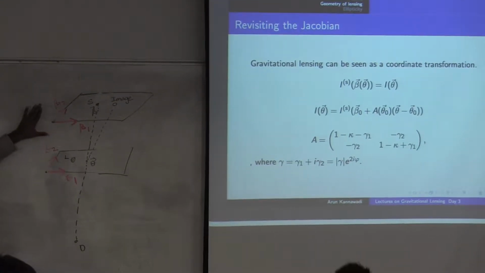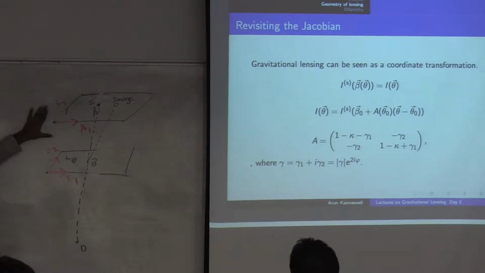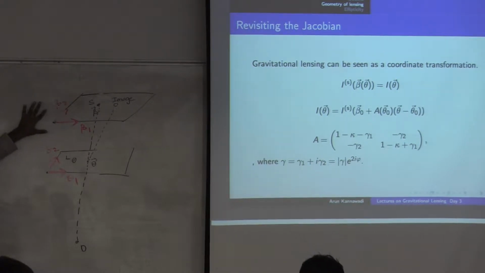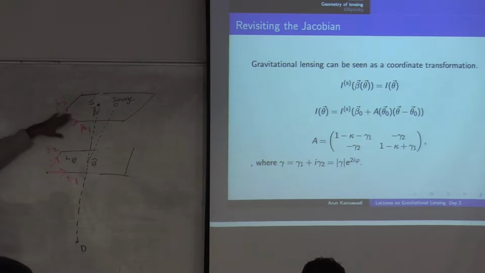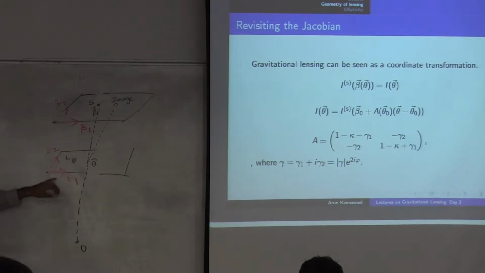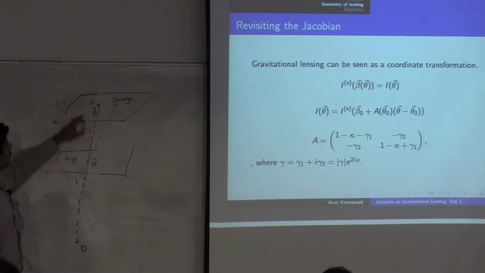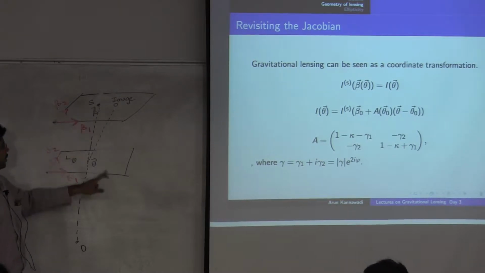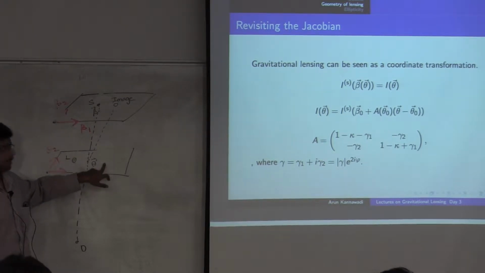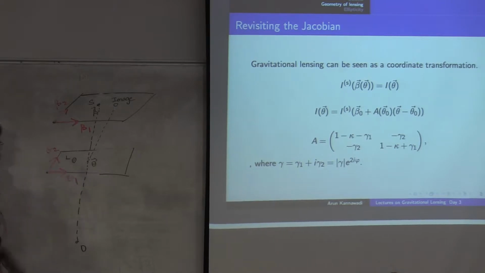So we call the beta plane, or beta 1, beta 2, the coordinate frame in the source plane, and theta 1, theta 2 the coordinate frame in the lens plane. And what lensing does is to take a point in beta and map it onto a point in theta space. So in other words,